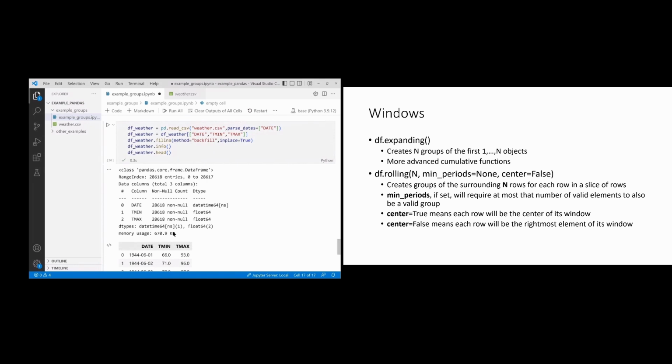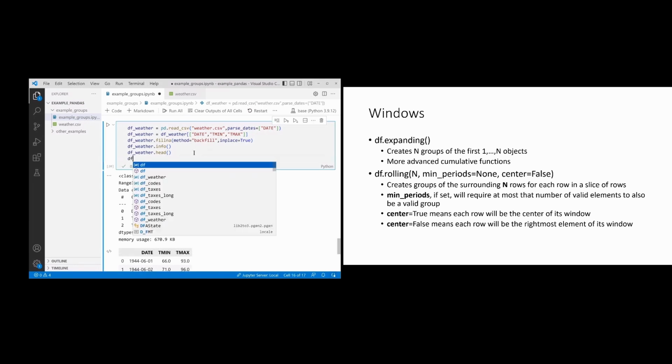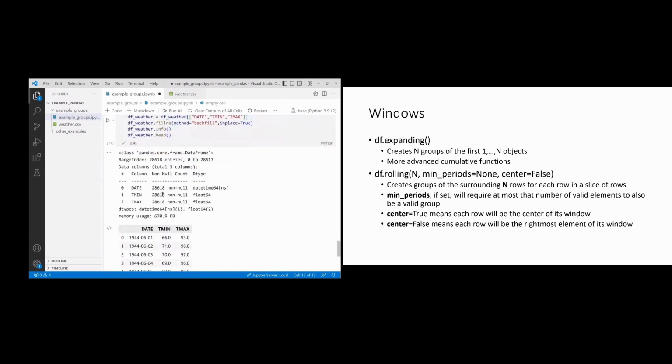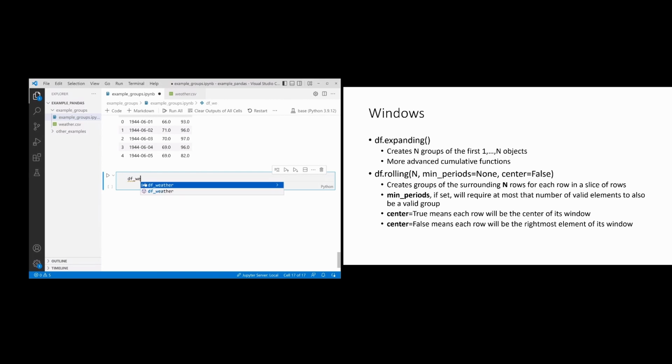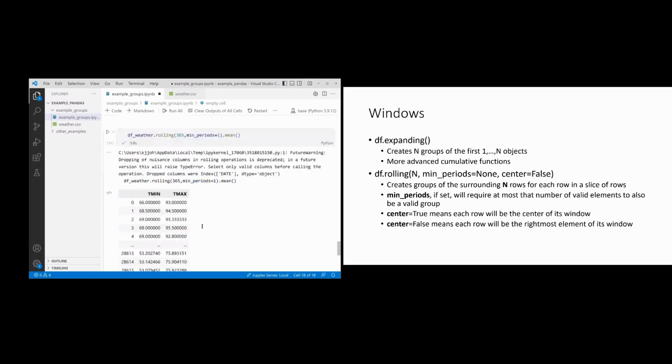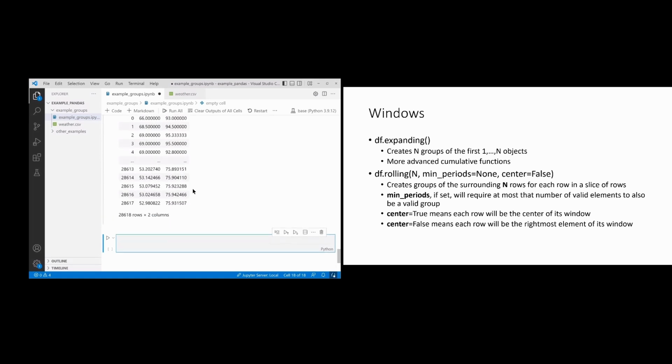So now that's in that shape, we can do a variety of different things. But let's do rolling first. So df weather. Actually, I'll leave that alone. I'll go down to the next object here. So df weather dot rolling, and let's do a rolling 365 day average with a min_periods equal to 1, and we'll do dot mean. Now this is going to do that rolling average for tmax and tmin, but it still has all these rows,